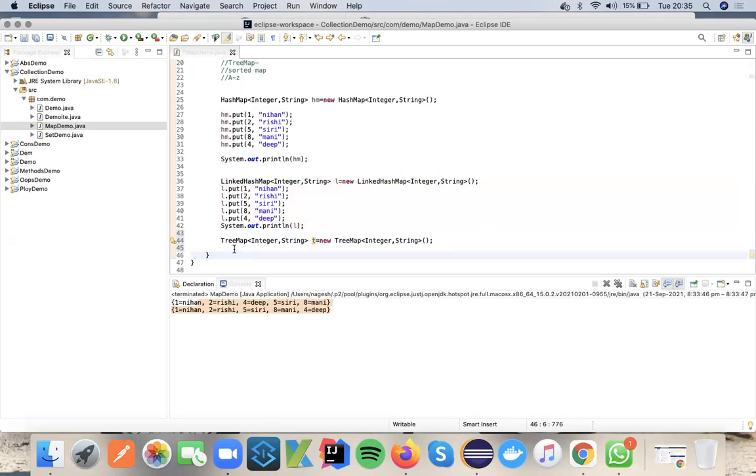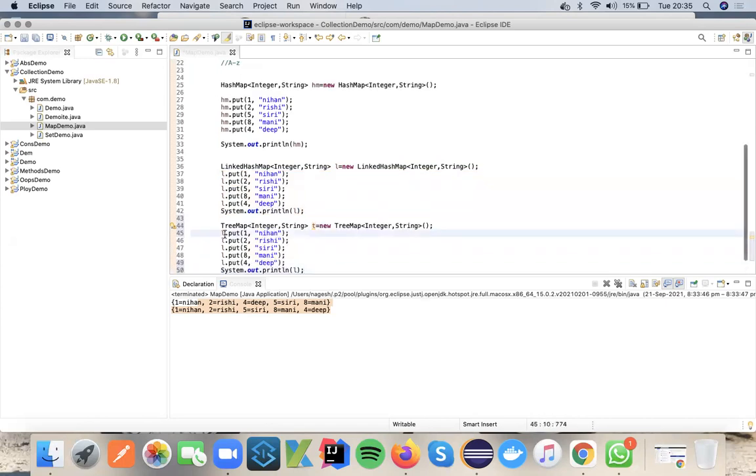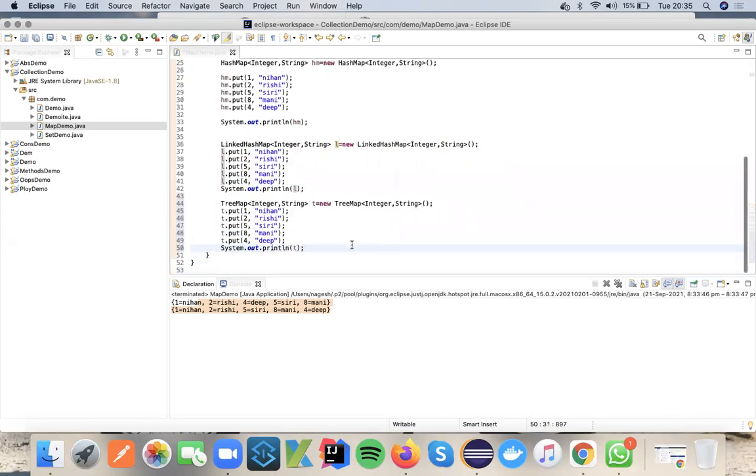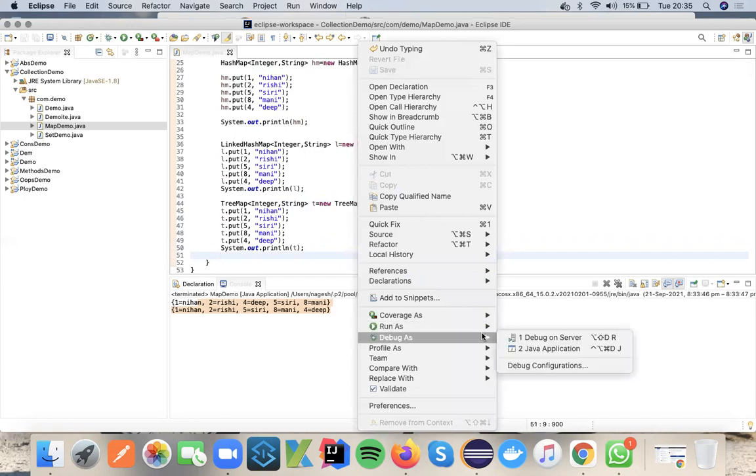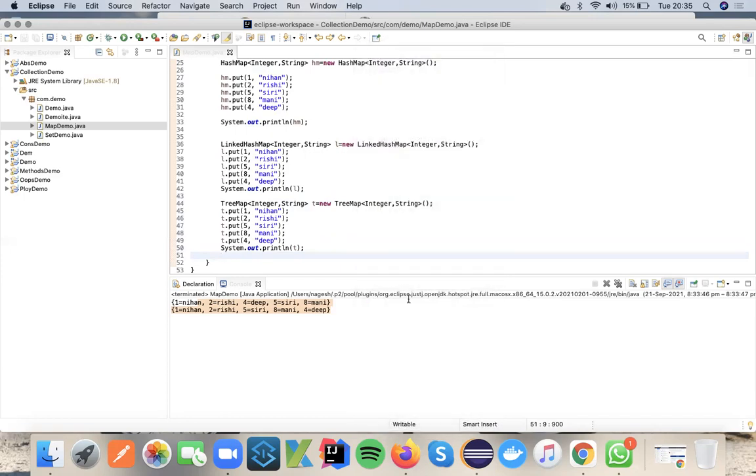Command C and let me add this, and t dot put and t dot put and t dot put and t dot put. And if I print t here, you can see the difference between these three. So now if you see, here it is printing 1 2 4 5 8.